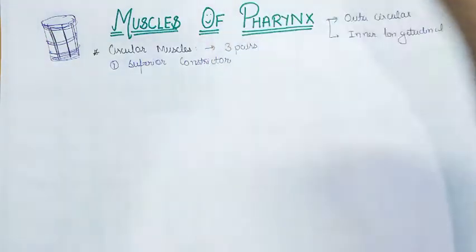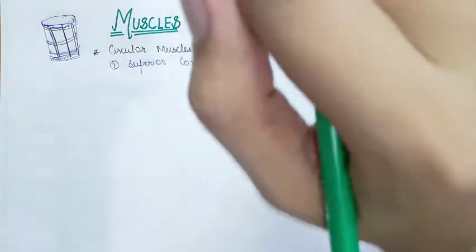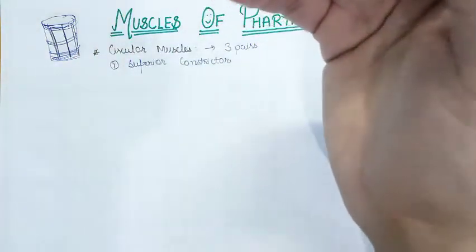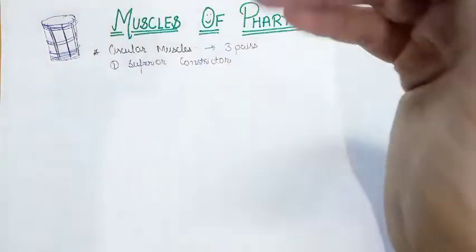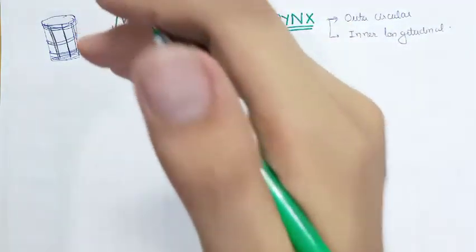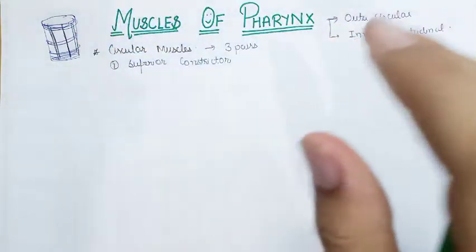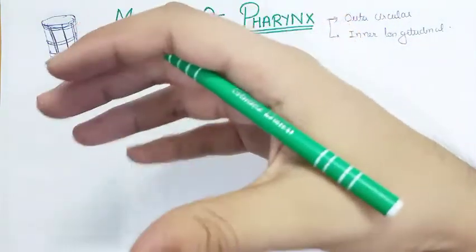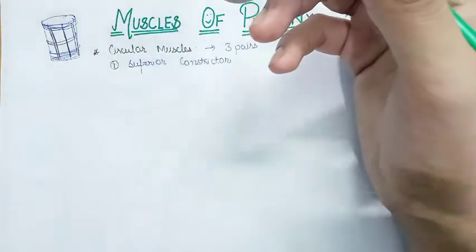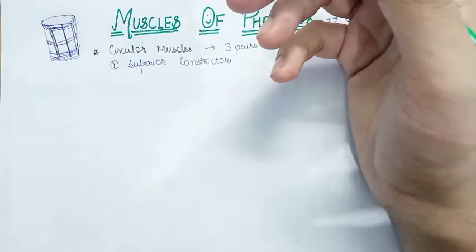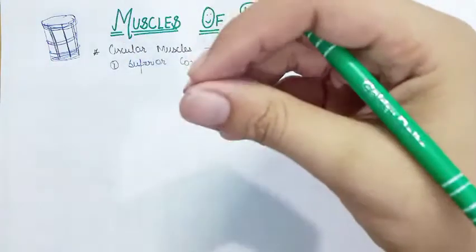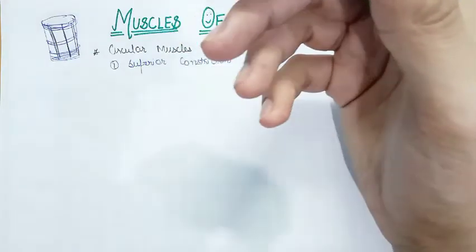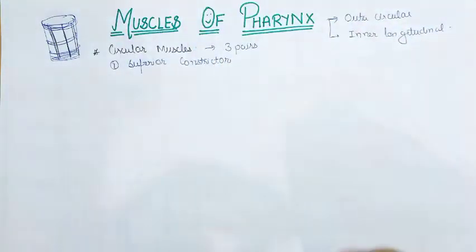When I say the word constrictor, why should the name be given like this, the superior constrictor? If I talk about the superior, then there must be an inferior. Yes, we have superior, middle and inferior constrictor. And why constrictor? Because the muscles have the capacity to expand and relax. Because of the presence of elastic tissue in the mucosa, this can easily expand and relax, hence can help in the deglutition process. That is the second phase of deglutition.